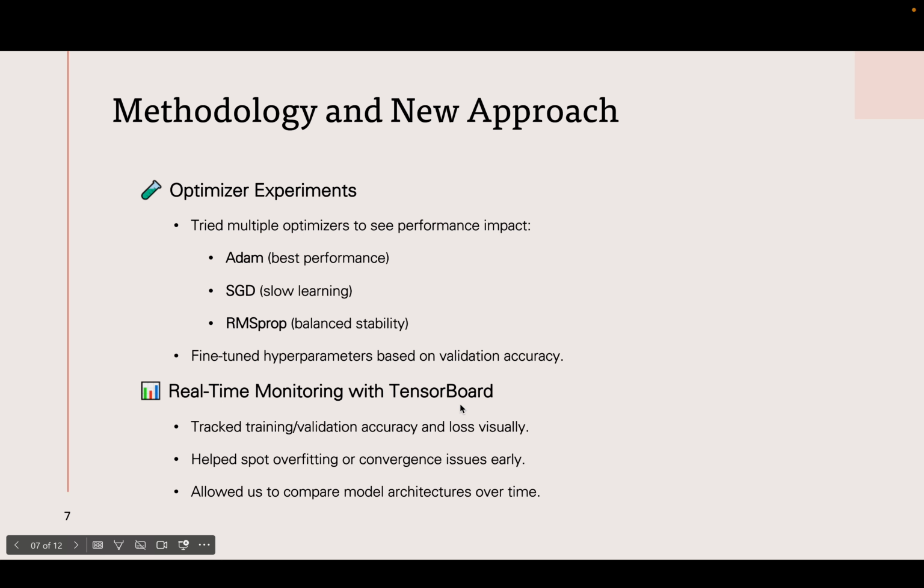And finally, we experimented with different optimizers like Adam, SGD, and RMSprop to understand their impact on training dynamics and performance. Adam gave us the best results with faster convergence and stable accuracy. This iteration helped us move from a simple baseline to a more robust, context-aware architecture that's better equipped to detect subtle cues in fake news. Each step in our methodology brought tangible improvements to our project.